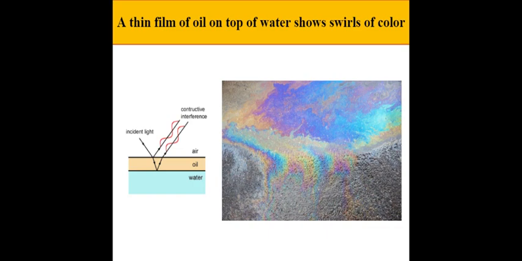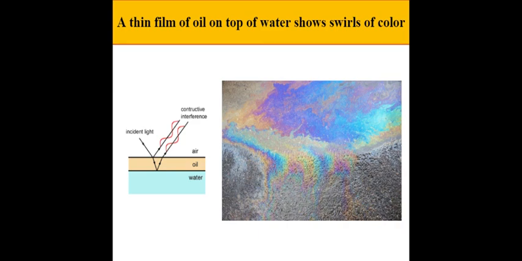It's oil sandwiched between the air and water. But the same thing happens when it's just water between air and the pavement. You see the cool little rainbow pattern in the picture on the right that you may have seen after a rainy day on the streets. So what's happening in this case actually is that